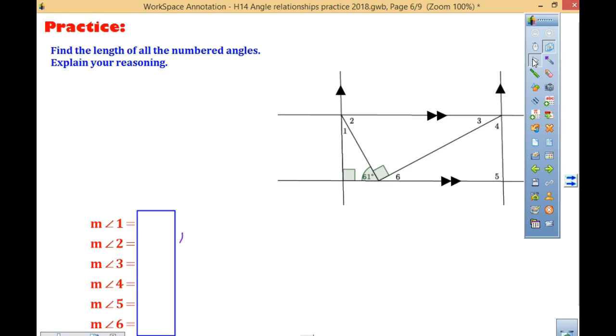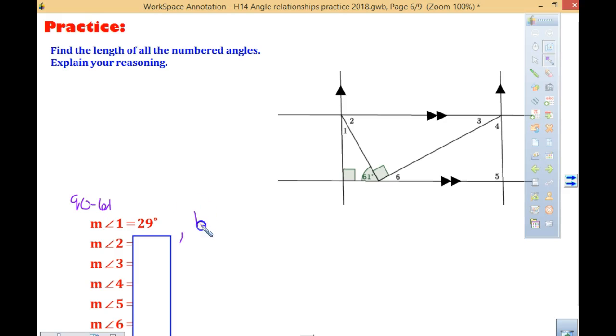What do we know about all three angles in a triangle? They come to 180. So in order to find this angle, if this one is already 90, to find the measure of angle 1, I can take 90 and subtract 61, right? So if I take 90 and subtract 61, I am looking at 29 degrees. Oh, 29, not 30. So if I get 29, the reason we have to give would be because